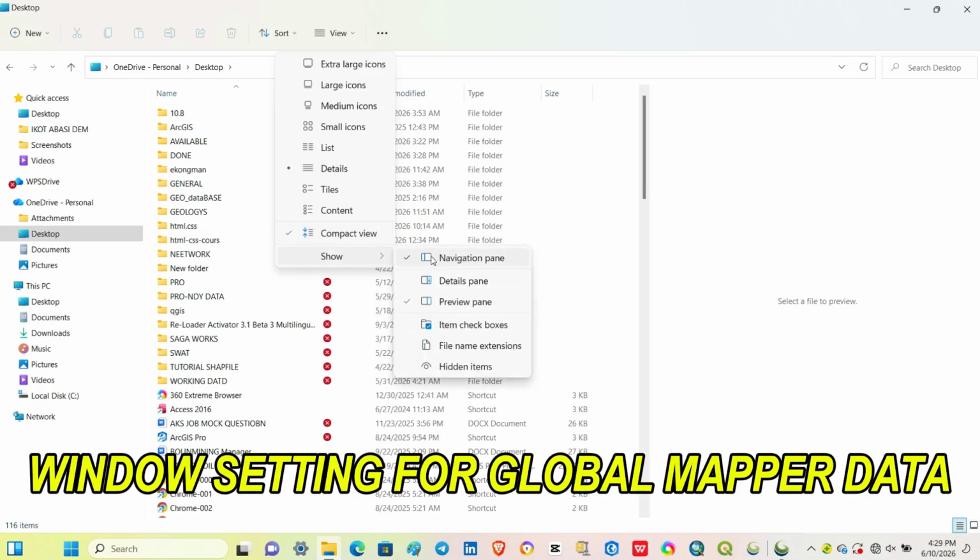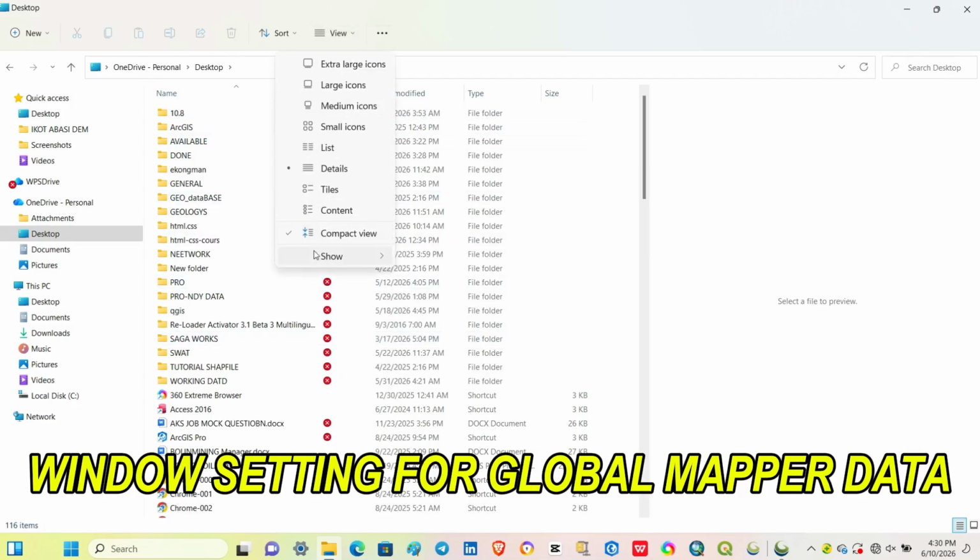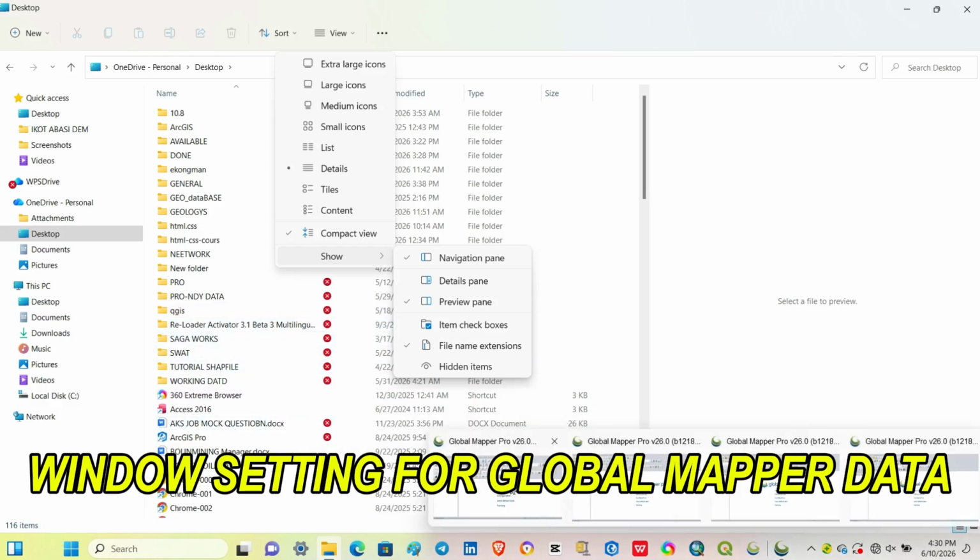So I will tick this file name extensions. File name extensions. So now, having done that, I'll go back to show you that now it has been ticked successfully. So having done that, all these files, I can easily add my shapefile and any data in my Global Mapper. So I'll go back to my Global Mapper